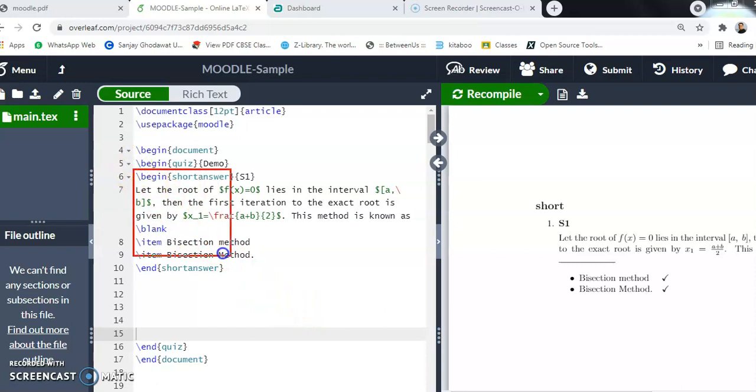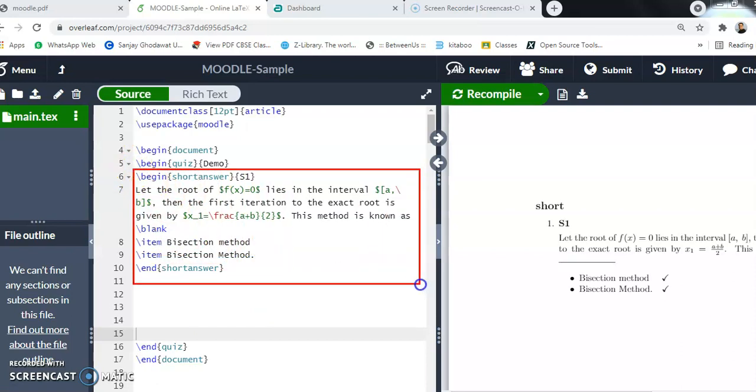So here I have started with the syntax begin short answer, end short answer. Here I am giving the question name as, suppose, S1, and the question text is: let the root of f(x) equal to 0 lie in the interval [a, b]. Then the first iteration to the exact root is given by x1 equal to (a plus b) divided by 2, this method is known as blank. This is from numerical methods and the answer to this is bisection method. So this command is used